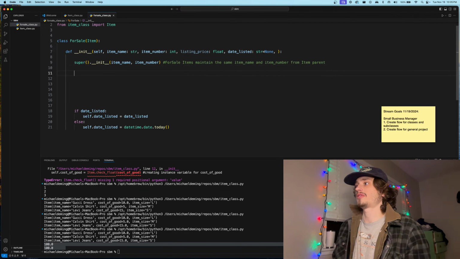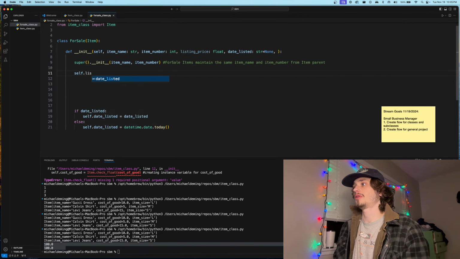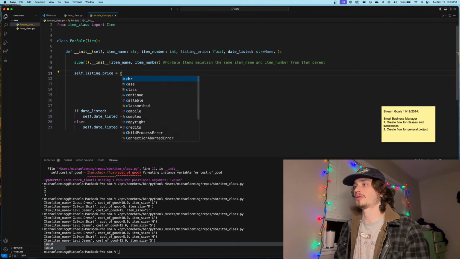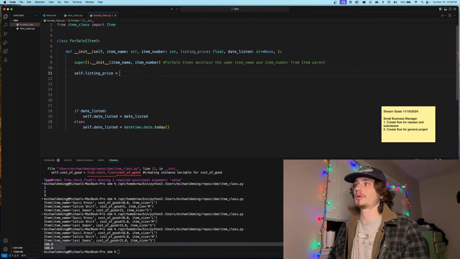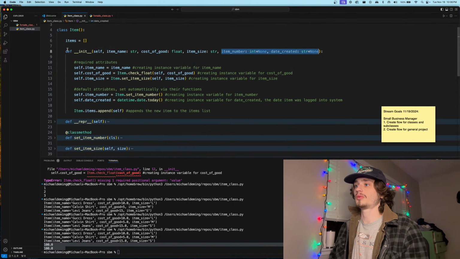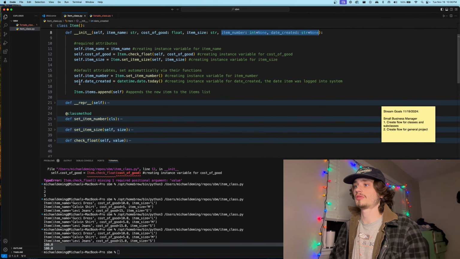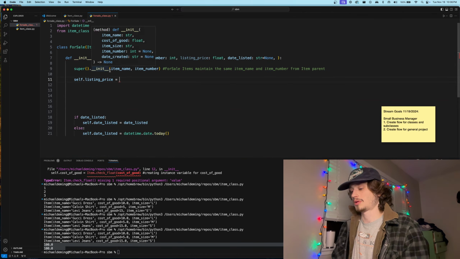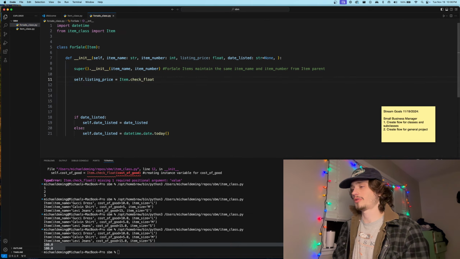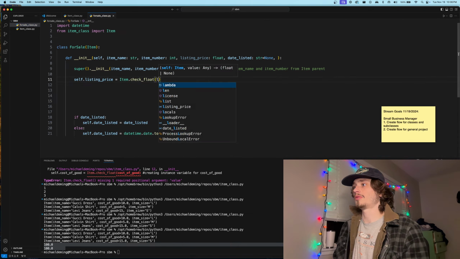And then we assign self dot listing price is equal to, we're going to check, we imported item, right? So we need to do check float, item dot check float on listing price,